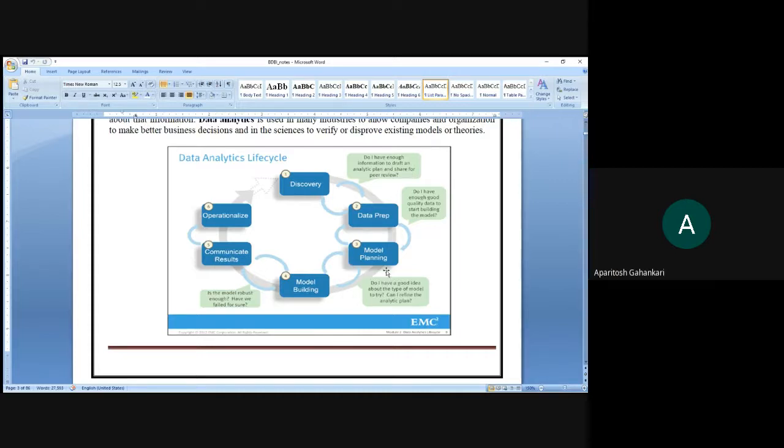Then model planning, model building, then communicate the result, and then operationalize. So today we will stop over here because there are certain issues. Okay, so